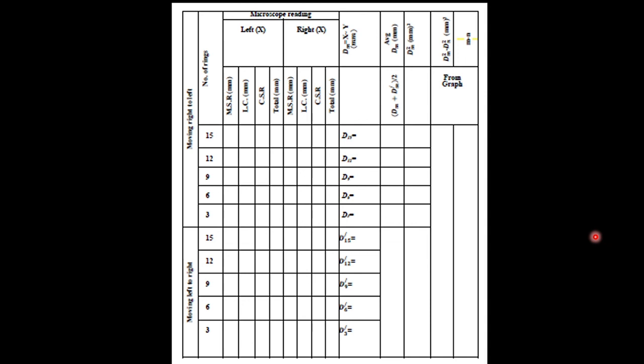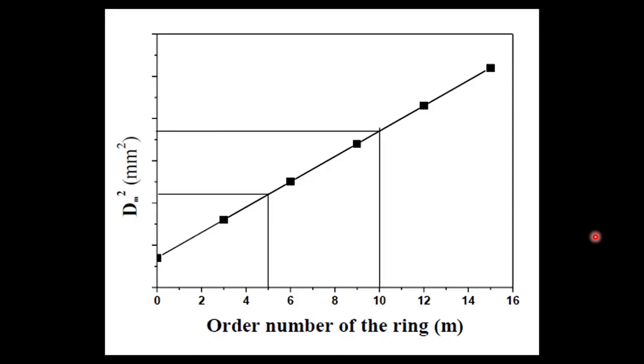And when you find the diameter, find out the squares of the diameter and on a graph paper plot Dm square versus m, where m is the order number. This graph should be a straight line not passing through the origin, and from there find out the Dm square values for any two unobserved points